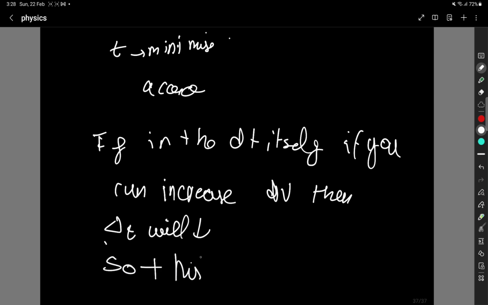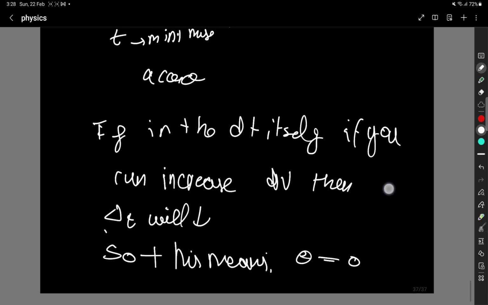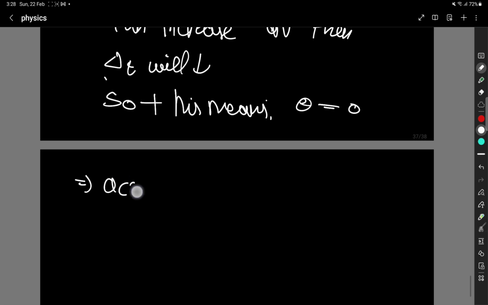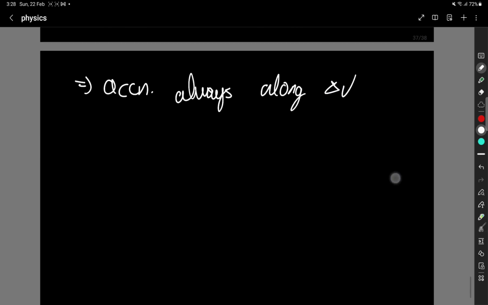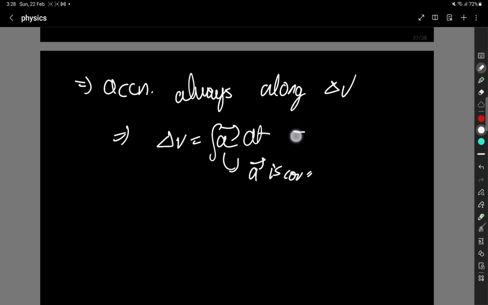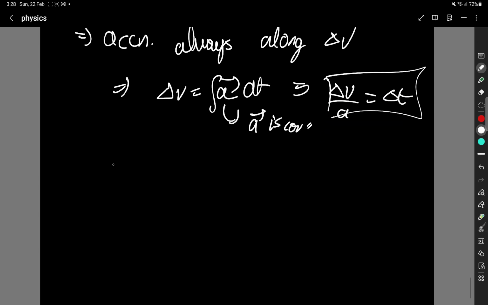So this means theta is equal to 0. This implies acceleration always along delta v. Fine, fair enough. This implies delta v is integral a dt, and a vector is constant. This implies delta v by a is equal to delta t. So clearly t minimum,